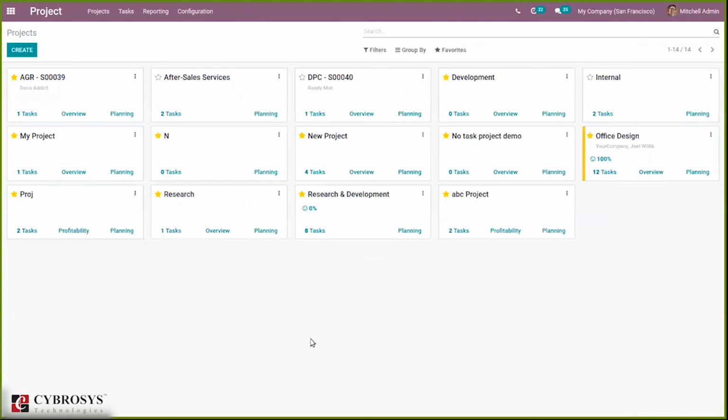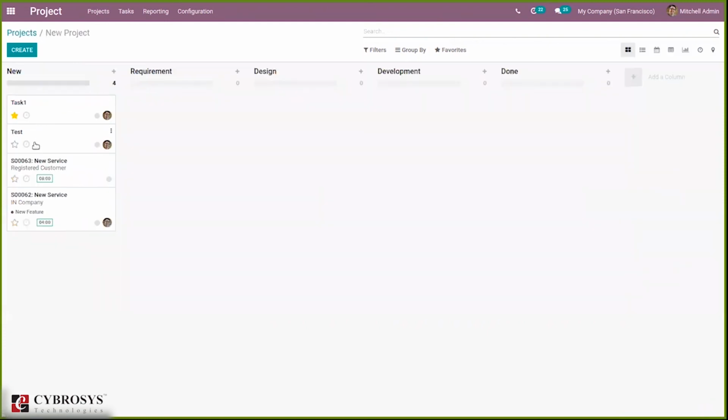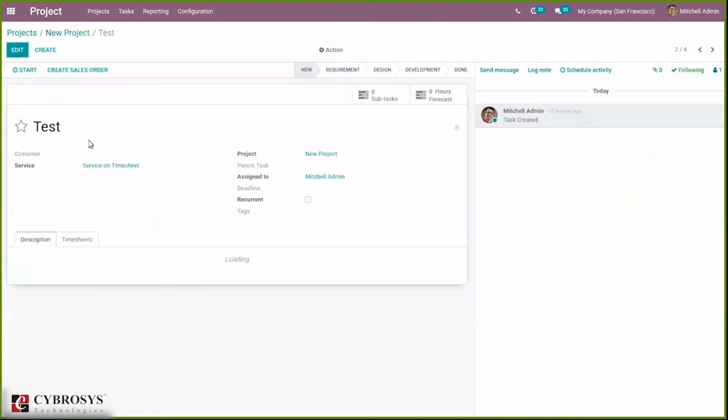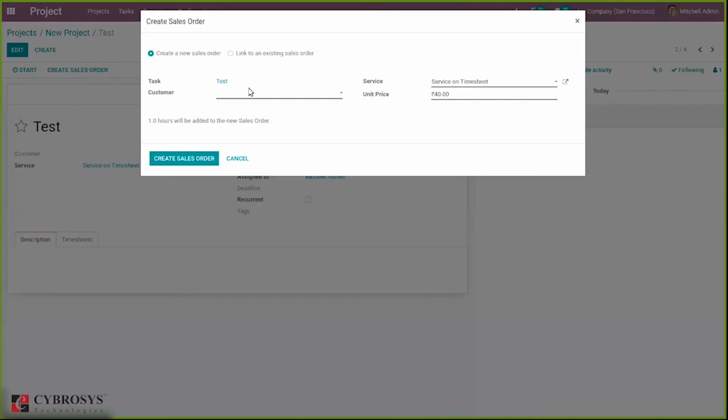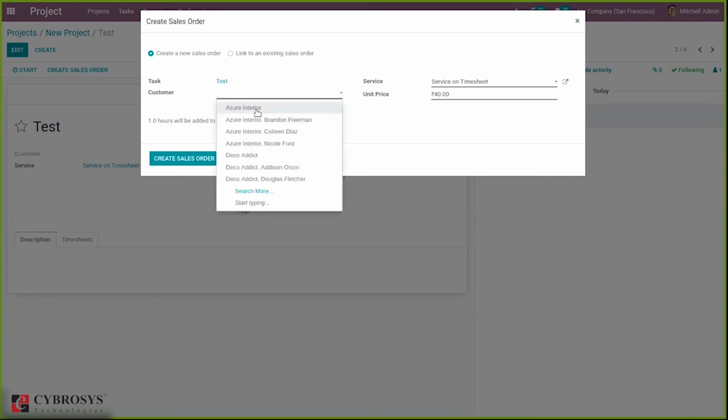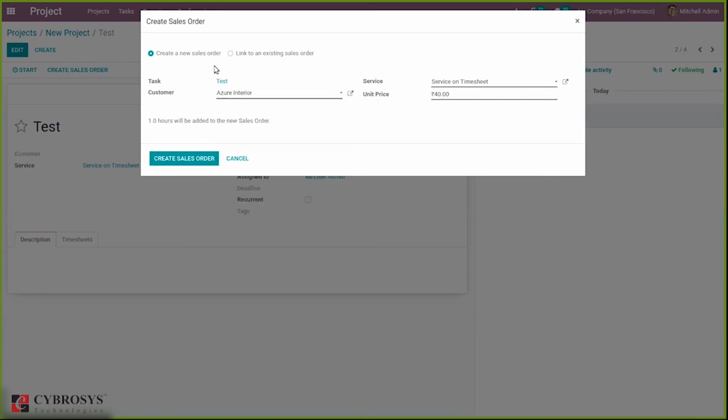Okay, so let's create a sale order from the task itself. So let's come back to our task and choose our task. So here you can see option to create sale order. So click on this and you can see the window to create sale order for this task, and choose a customer from here. So you can see the task is test and can see service product,